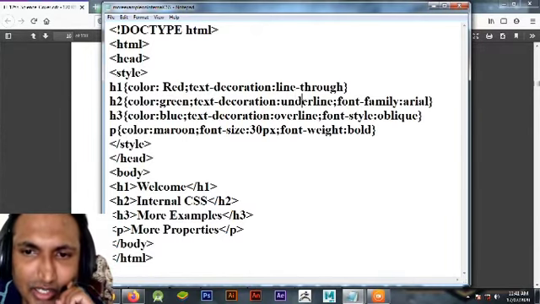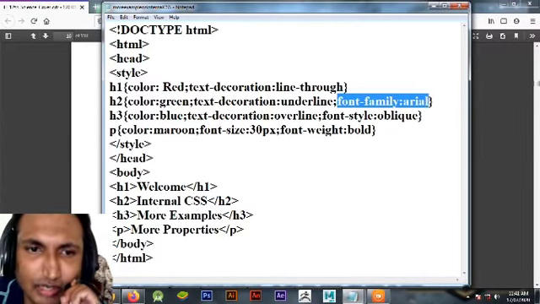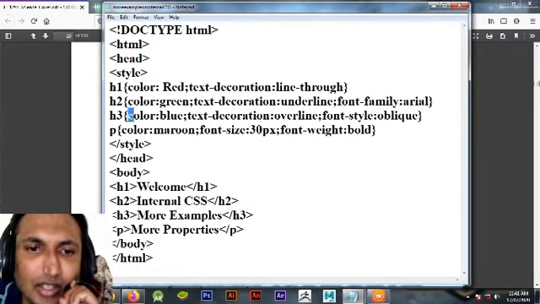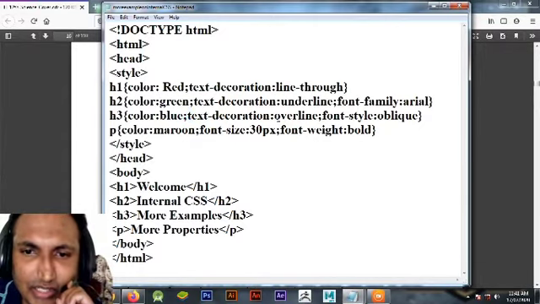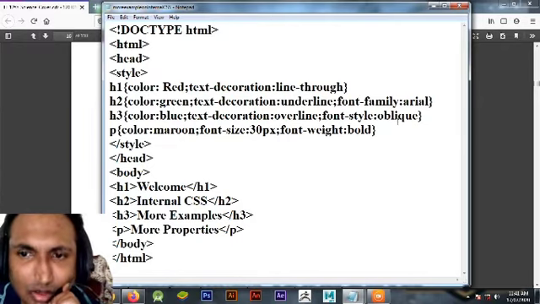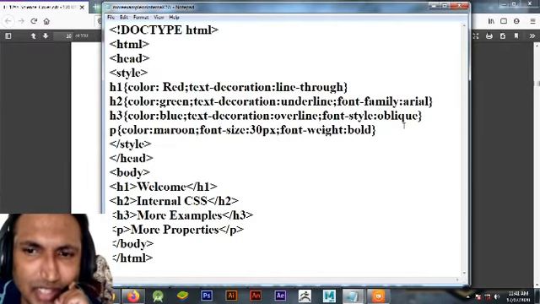Text decoration is underline here. For font family I have taken Arial for h2 only. Color blue for h3, color green for h2 and color red for h1. Text decoration for h3 is overline, and for its font style I have taken oblique. We will see how it appears.